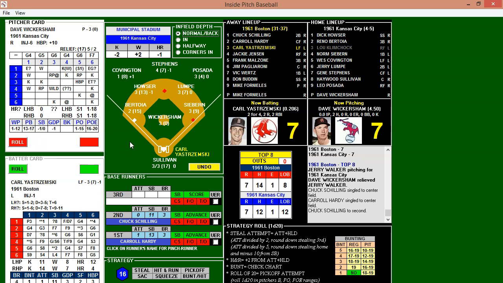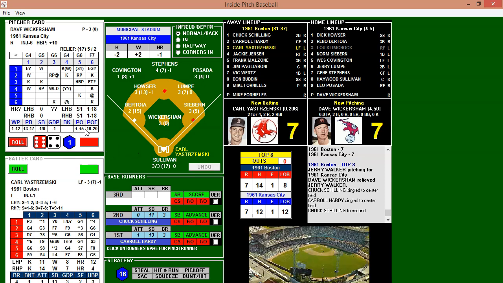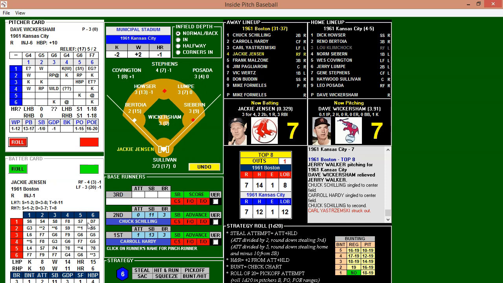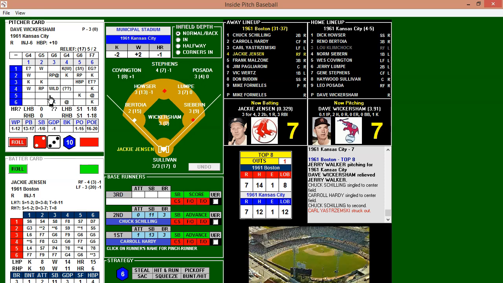Rookie Yastrzemski having a great day so far. 2 for 4 with 2 runs scored, 2 runs batted in. Looking for his third here. Here's the pitch by Wickersham. And strikes out swinging. Looking to put the Red Sox ahead there, but 1 down now. Jackie Jensen also having a great day. 3 for 4, 3 runs batted in. Here's the pitch.